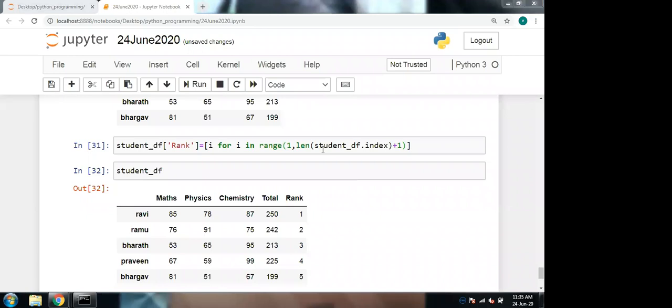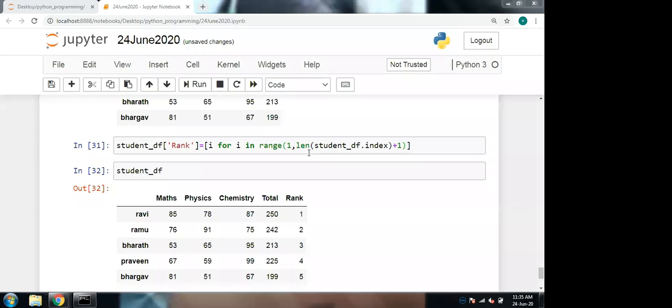So for that value, we are starting from 1 to plus 1. We all know that in the range function, start and end will be there. So the range will be considered up to n minus 1. So as we are starting from 1, I need n plus 1 position also. So that is why I mentioned plus 1.